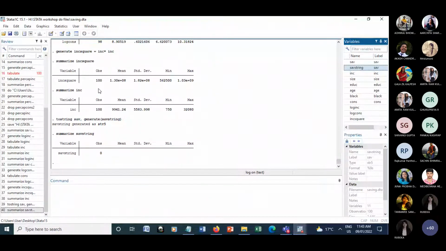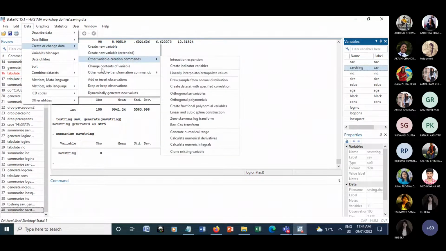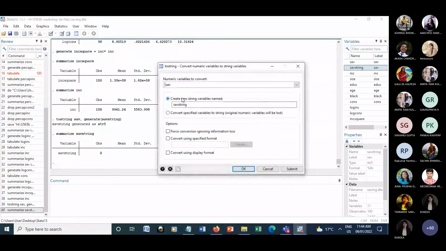Now what I will do, because I want to see, while I convert this to string, I will have the option of whether to retain the original variable or to replace it. So I will again do this from numeric to string. No, this option is not there actually. Anyway,